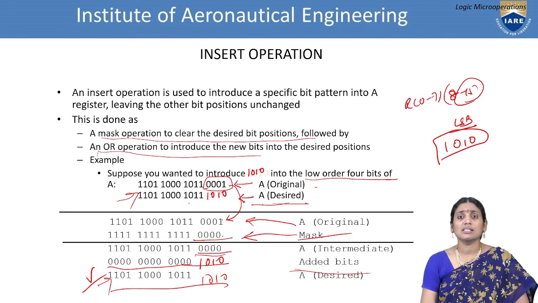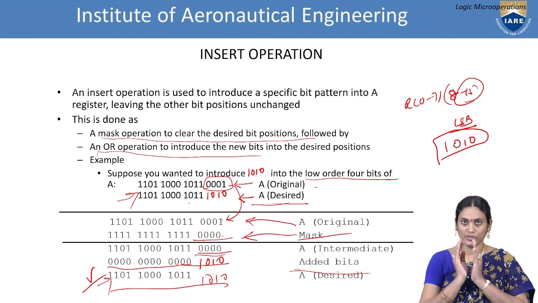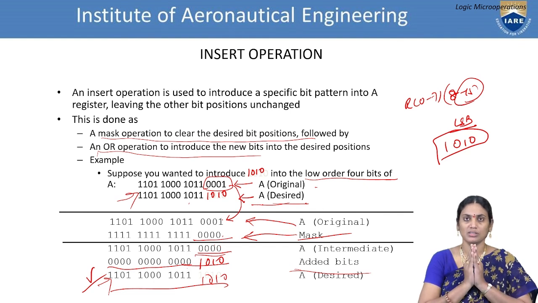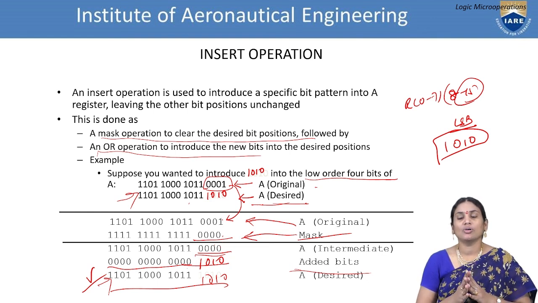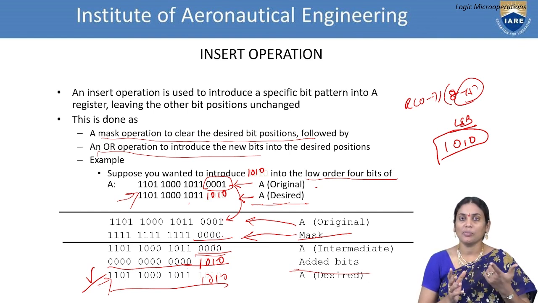Next one is inserting a new value only in a portion of a register. Here we are performing the insert operation only for a portion of the register. We are not affecting the total register, only a portion of it. In this case, you have two steps to perform. If I am trying to replace content which is already available, first I need to clear it, then I have to add the new value. So we are performing two operations. To clear, we are using a mask, and to add, we are using the OR operation. So two operations are mandatory to handle this.